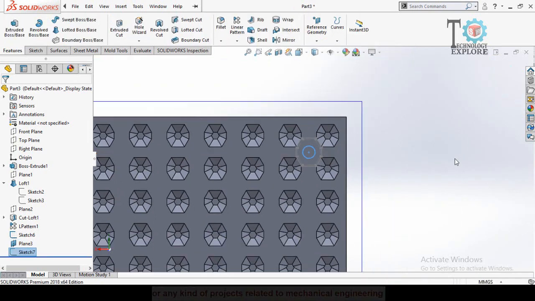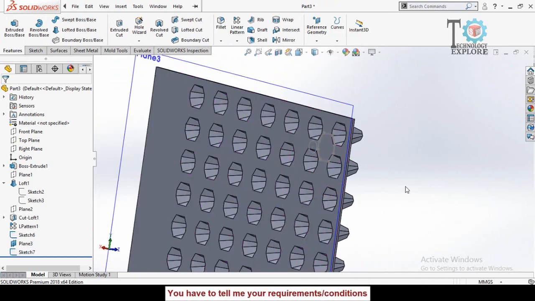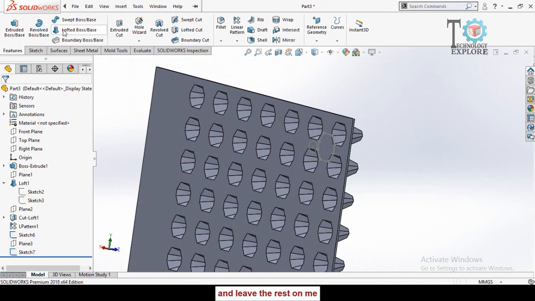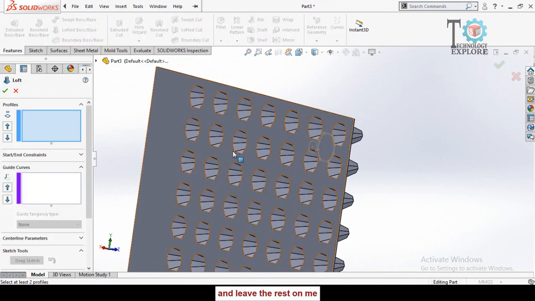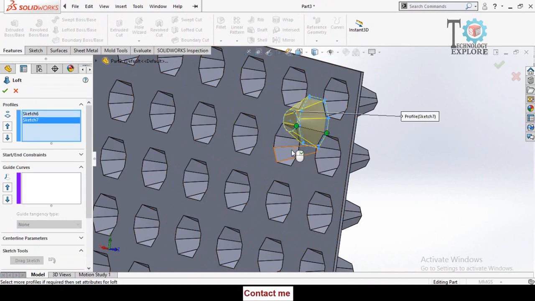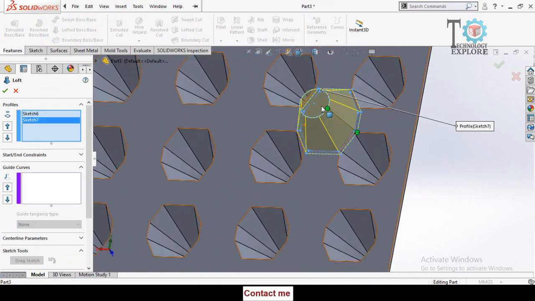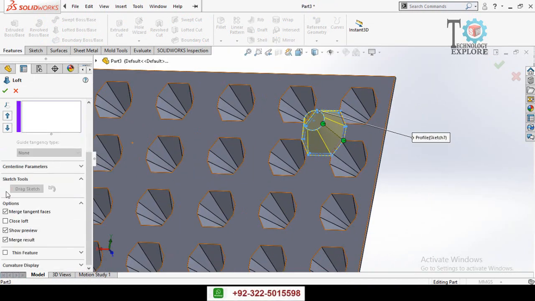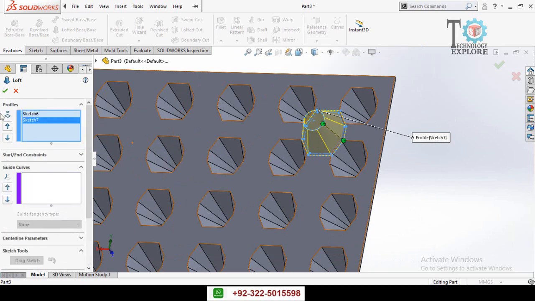So now save and exit from sketch mode. Hide this plane and select lofted boss base command. Select this profile and this profile. Rearrange these points if needed, and then click on this button OK.